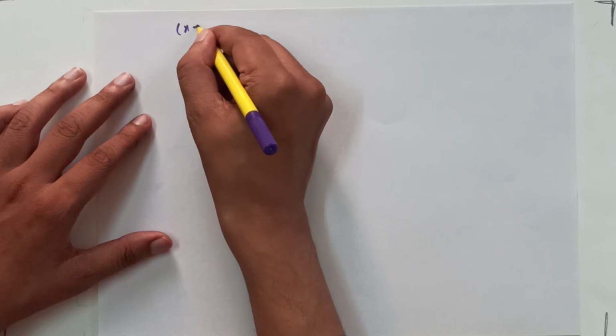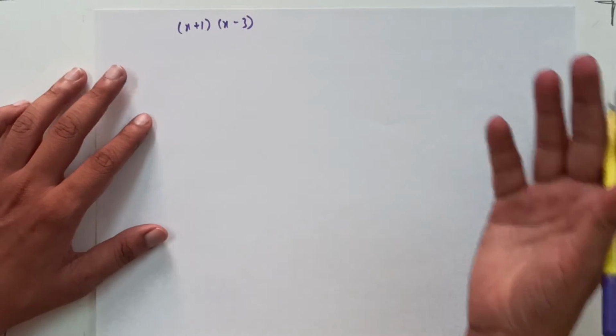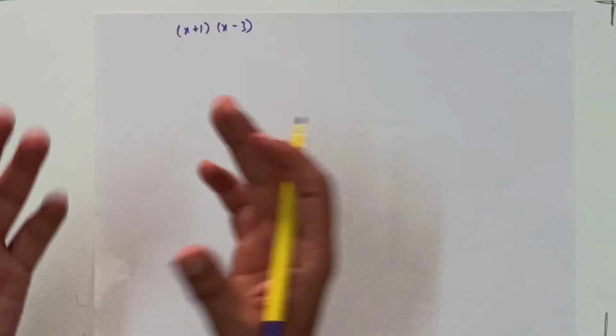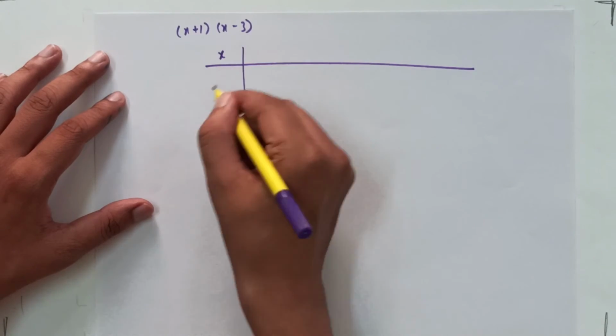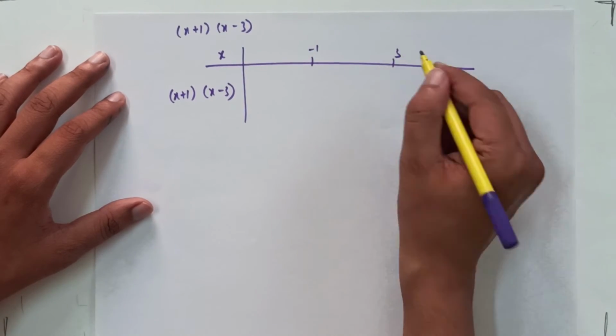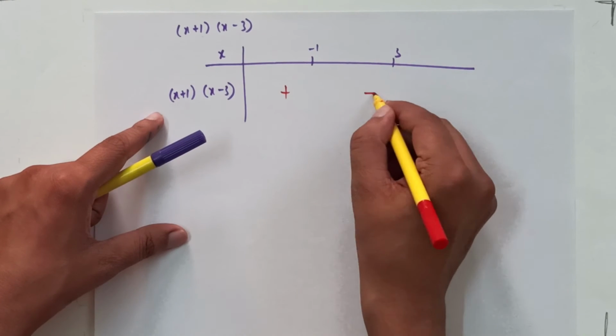So now let's apply interval notation to sign diagrams. Let me change my sheet. You remember the sign diagram of x plus 1, x minus 3 from previous videos. It's the most general example we have been discussing throughout this playlist. Now if I recall the sign diagram, I'm just plotting it right away. If you still have any doubts about how I am plotting this sign diagram, you can visit our previous lectures. So this is x plus 1, x minus 3, then minus 1 and 3, and what we were getting is plus, minus, plus.